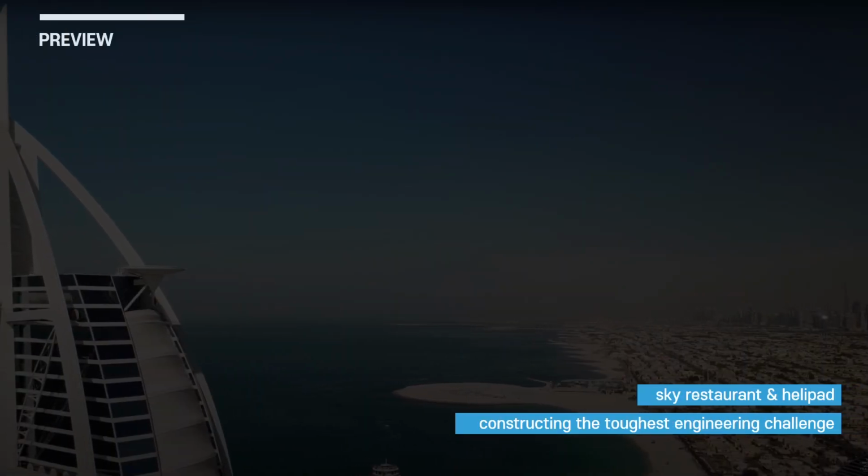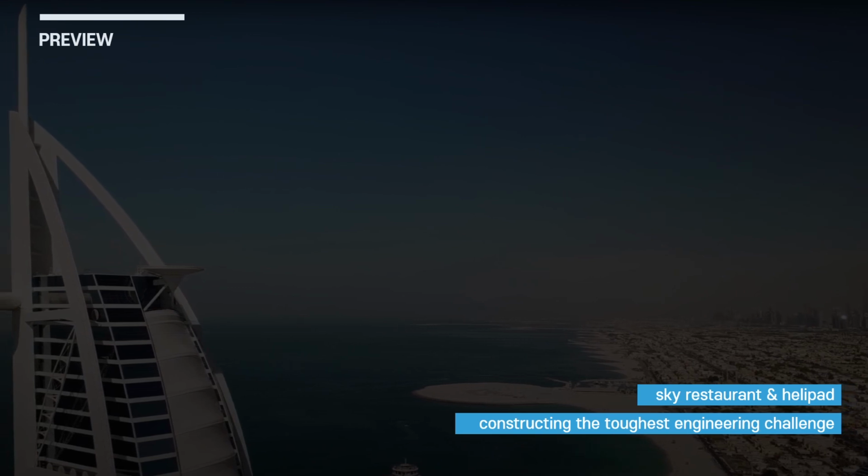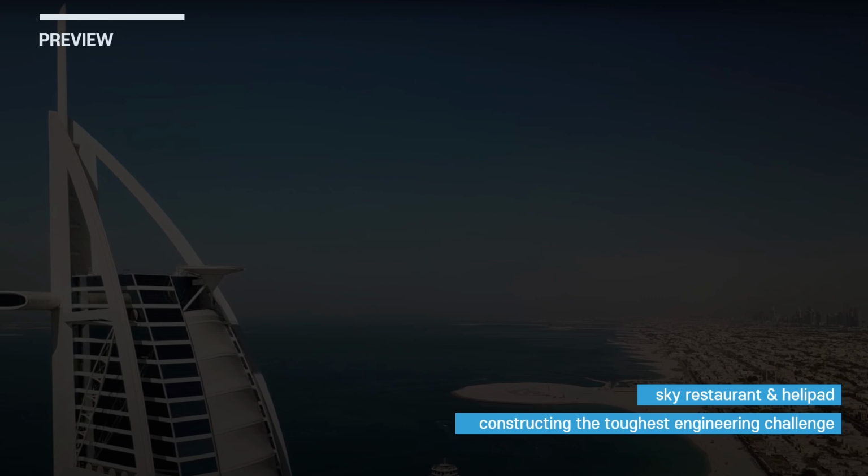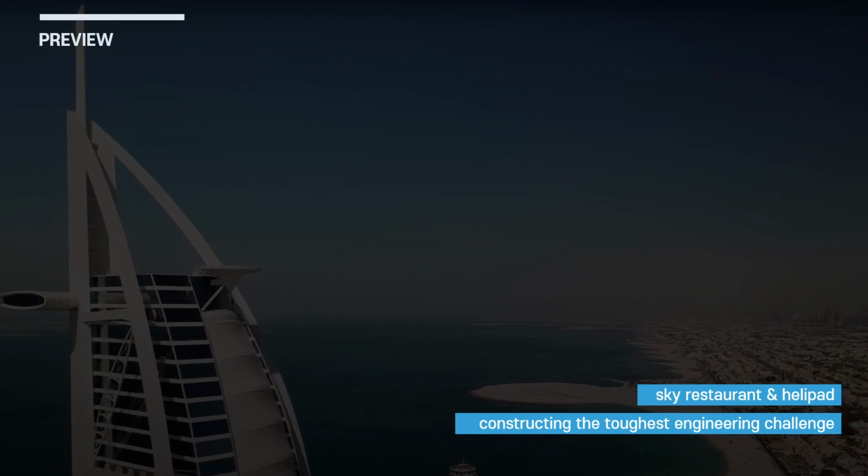With its stability guaranteed, next week we'll look at the most luxurious places in Burj Al Arab, the Sky Restaurant and the helipad, and what